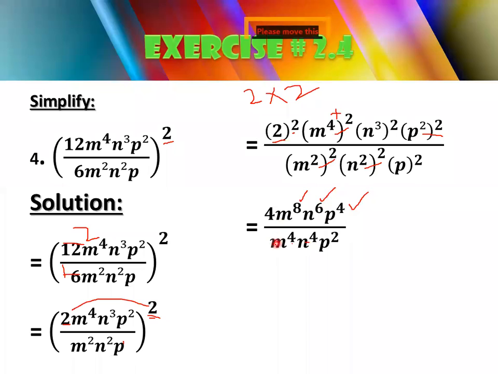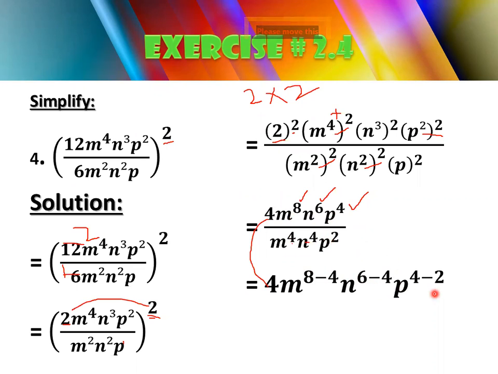Now, as you can see here, your bases are same. In the numerator and denominator, the bases are same. So you will simply subtract the exponents just like this. You will write your coefficient here, that is 4, then m at 8 minus 4, then n, and then 6 minus 4, and the last common base, that is p, 4 minus 2. And after subtracting, what you will get here, 4m^4 n square p square. Okay, I know you have done this in your classwork as well, but I just wanted to give a small review. Now move on to the next topic, that is a new topic.